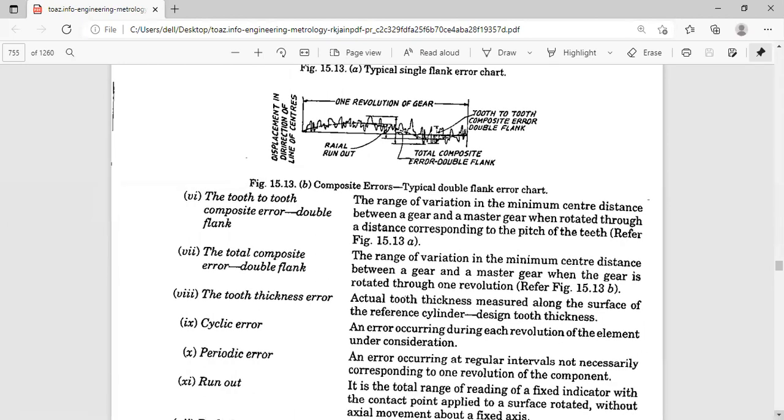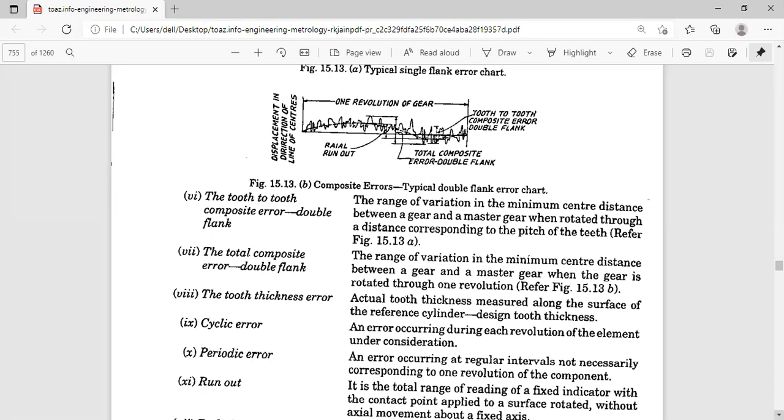Cyclic error is the error during each revolution of the element under consideration. Here the element is the gear. Periodic error will repeat itself at regular intervals of time. We will discuss more in screw threads, where you can understand the difference between periodic error and non-periodic error, or drunken error.